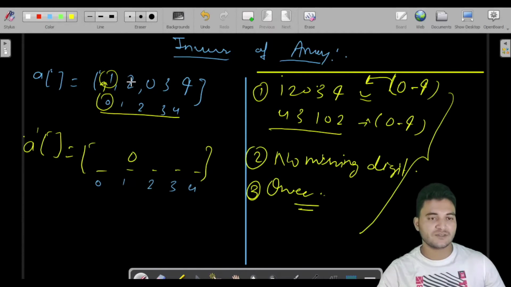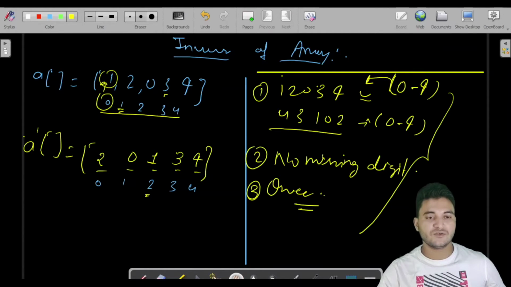Let us take an example of this. We have 2 on the first index. In the inverse of the array, we will have 1 on the second index. This is the second index, and inside this we would be storing 1. On the 0th index we would have 2, since the second index has 0. Let's take another example. On the third index, we have 3. So in the inverse of the array, on the third index, we would have 3. No change here. On the fourth index, we have 4. The same goes for this also. There will be no change here.